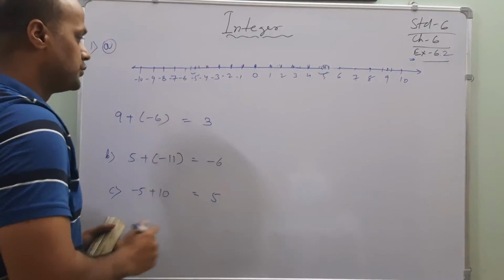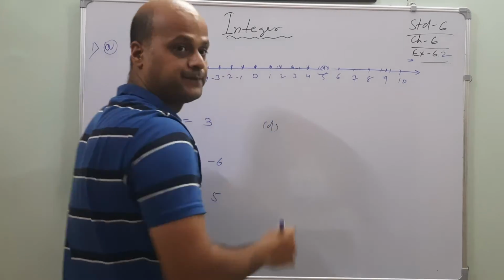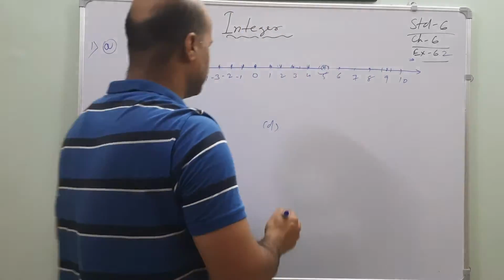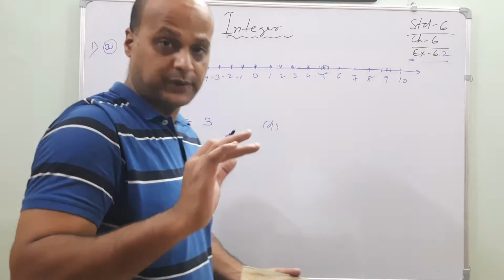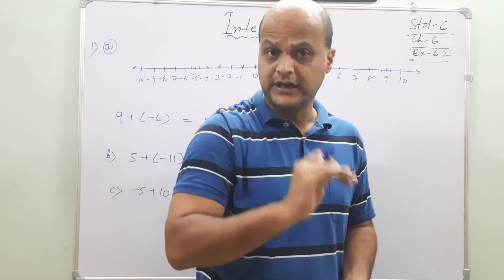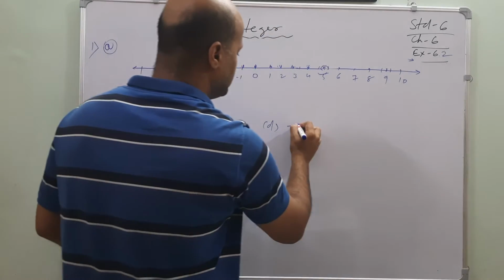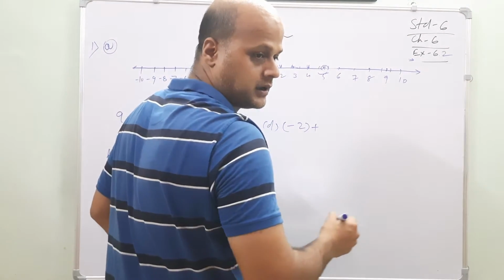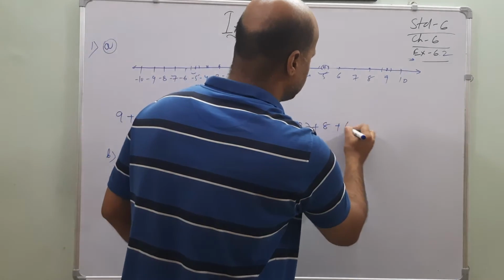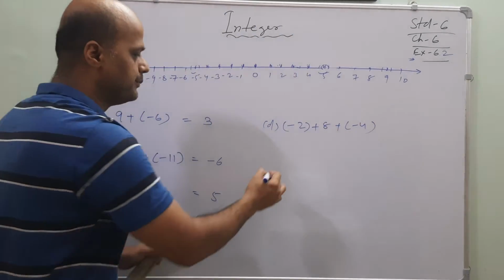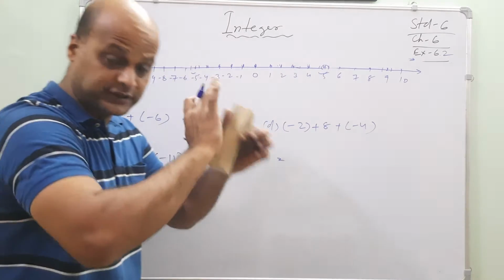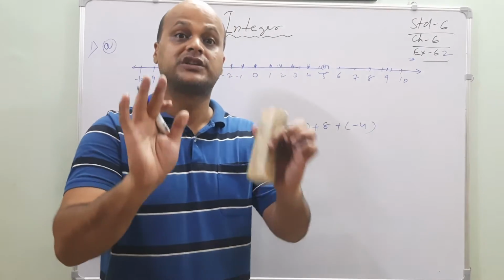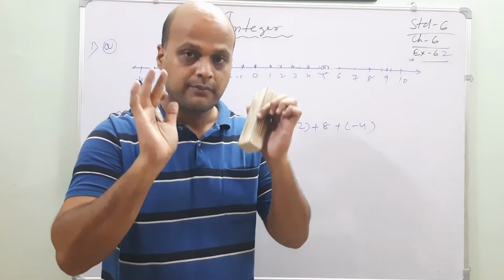Okay. So D1 is saying what? So just check it. The D1 is saying that minus 5 plus 10. Oh, it is over. Minus 5 plus 10 is over. Let's go for 3 integers. Minus 2 plus 8 plus minus 4. Okay. No problem is there. Bigger is there means don't forget. Don't be scared. Okay. It will be very, very easy for you. Okay now. Just use the number line in proper manner.